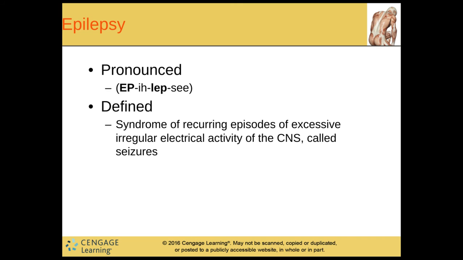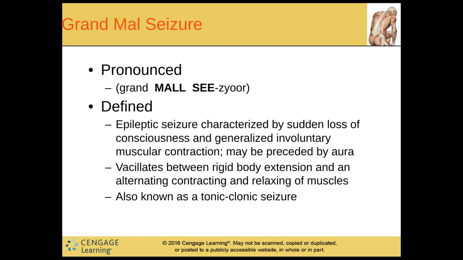We have epilepsy. So this is a syndrome of recurring episodes of excessive irregular electrical activity in the central nervous system, which is also called a seizure. We have grand mal seizures. So this is an epileptic seizure. It's characterized by sudden loss of consciousness and generalized involuntary muscular contraction, and it may be preceded with an